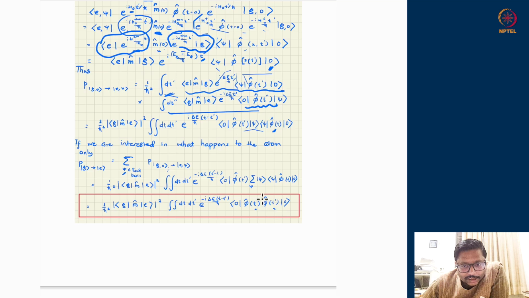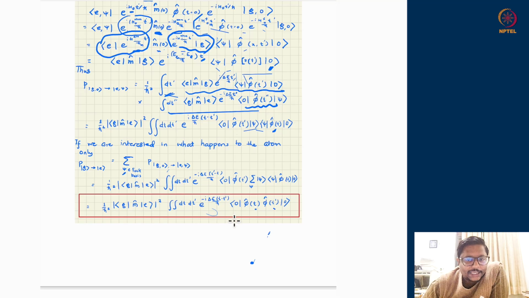The probability of transition collects the information of the 2-point correlation function and does some sort of a double Fourier transform. It looks like a Fourier transform by structure. We will see what it is in the next class, but you see the structure. The 2-point correlator comes into the game, and that tells you the probability of transition: the 2-point correlator at time t and time t prime at the locations of the atom. So the atom is at time t at some location, at some other time t prime it has moved to some other location, and the field values there, how much they are correlated, tells us the transition probability.